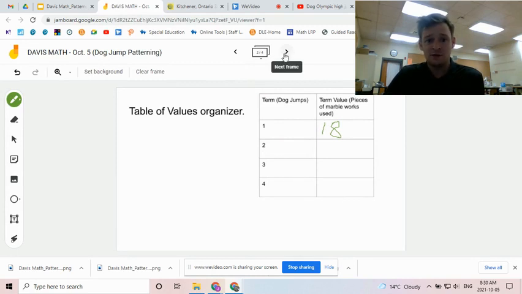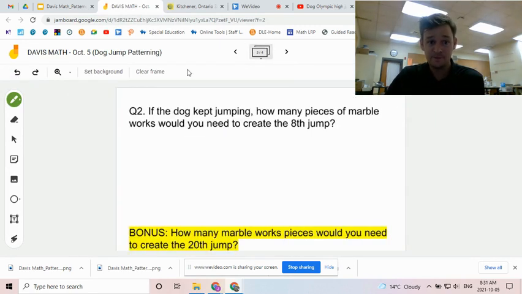So then we're moving on to slide number 3 on your Jamboard. And this is the second question. This could be the last question you work on. There is a bonus if you have a little extra time, but question 2 is kind of the last one here. It says, if the dog kept jumping,